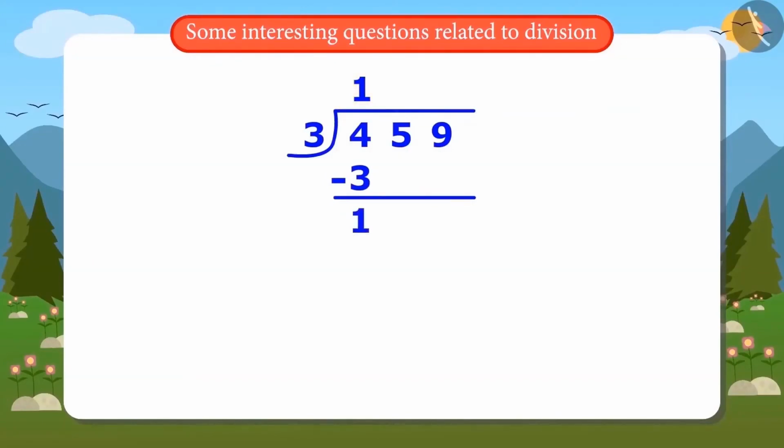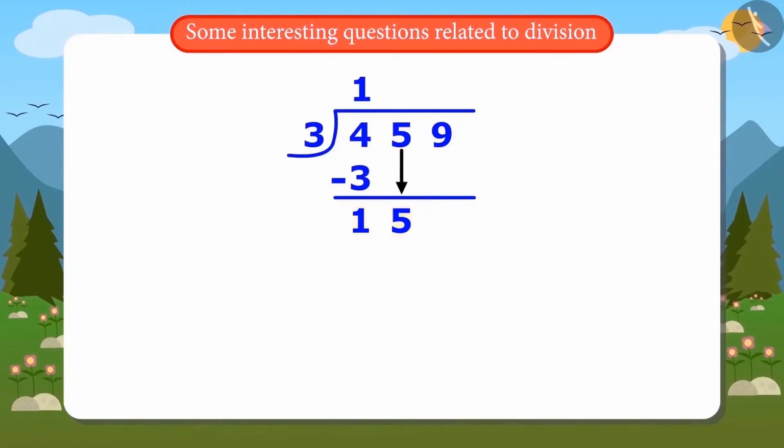Now, the remainder which is left, let's write one digit from the remaining numbers near it. See, the remainder is 1. The remaining number is 59. So the first digit of 59 will be written down near 1, like this. Now look, the number here is 15. Now you have to divide 15 by 3.